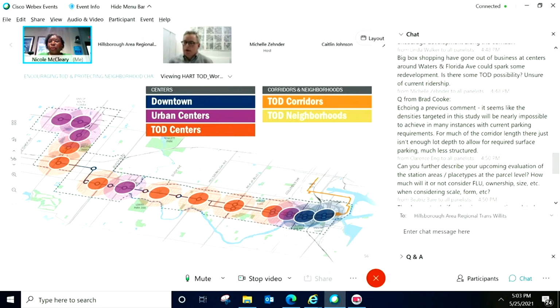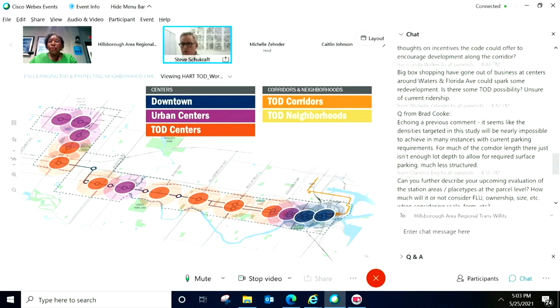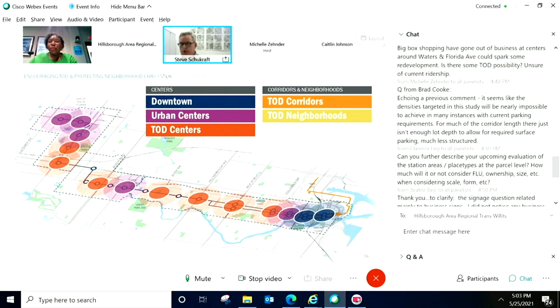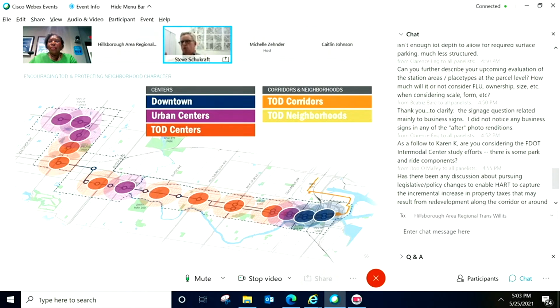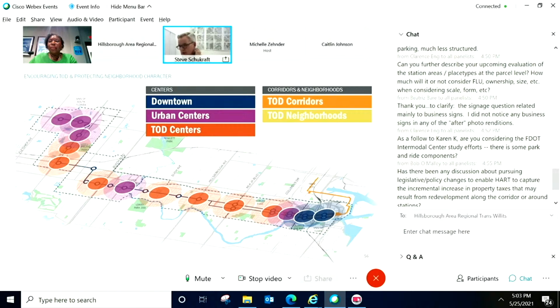Those sites are great sites for redevelopment over the long term. The market conditions aren't terribly strong right now, but if you think about the scale of the sites south of Waters on the west side and the east side, we're talking about properties that are the scale of Midtown on down Mabry. So that kind of development is definitely possible from a physical standpoint, but the market conditions aren't quite strong enough now to support that.